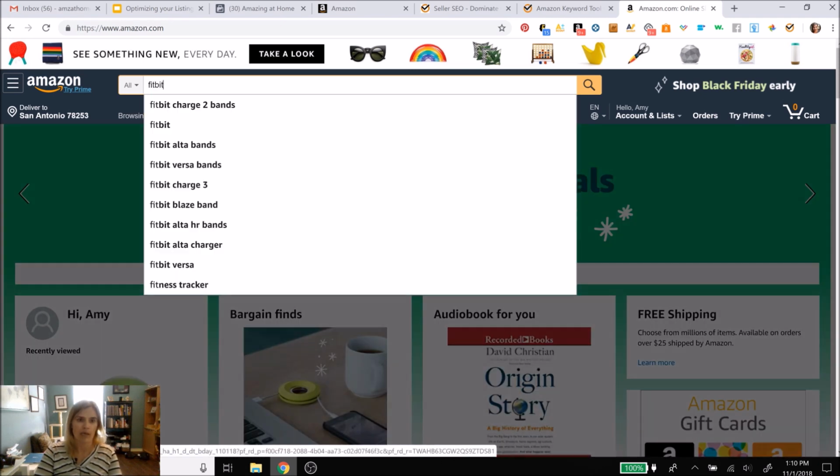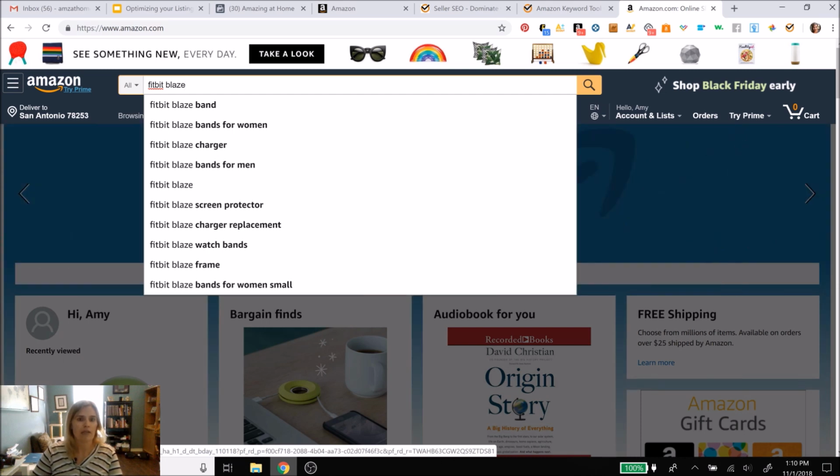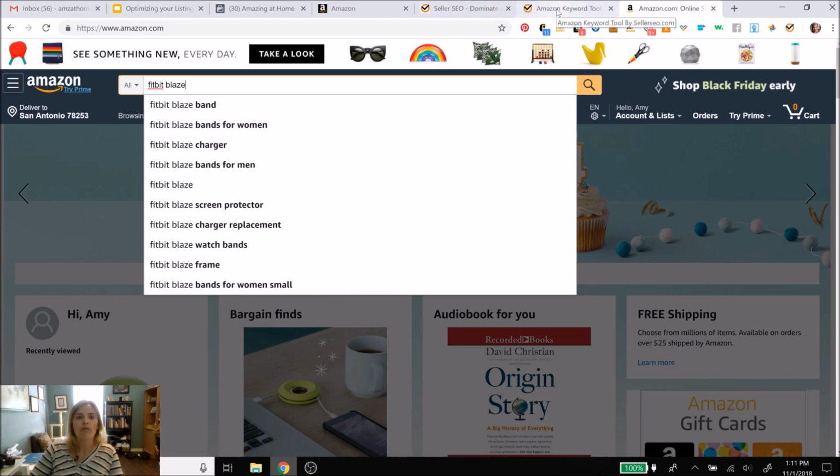So if I just start typing here, look what I see. Fitbit Blaze band. The search engine is telling me exactly what people type in. The search engine wants to make people happy, so they tell you, oh, maybe you're looking for this. The algorithm is updated on a regular basis. So this is your best free keyword tool. What I do is I throw these in here. So we have Fitbit Blaze band, and then we have Fitbit Blaze bands for women. So I'll throw these